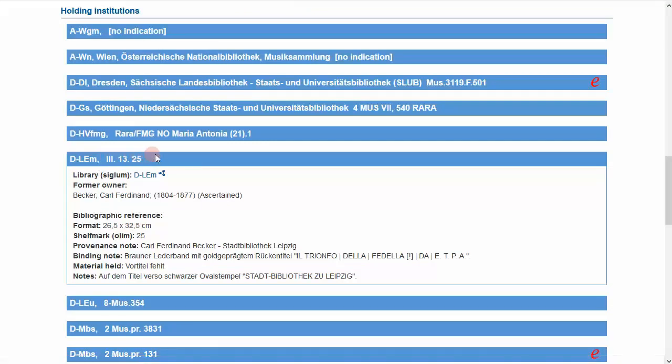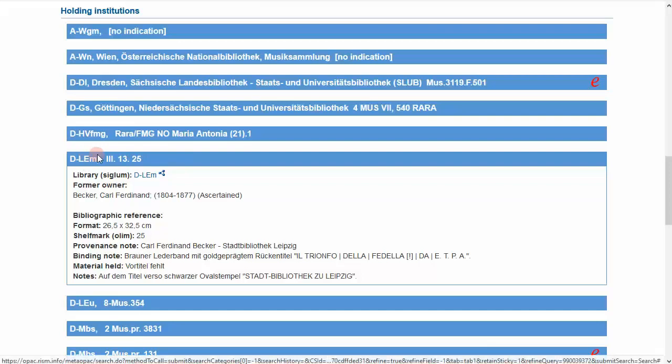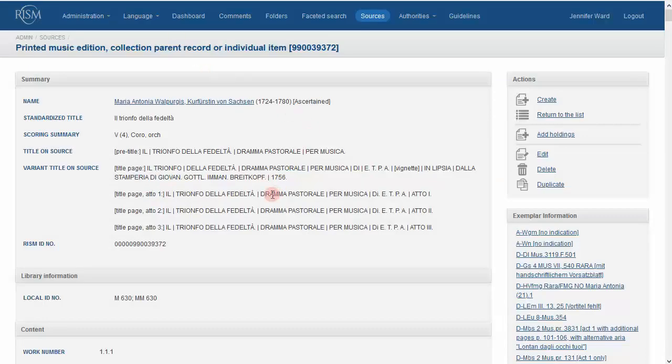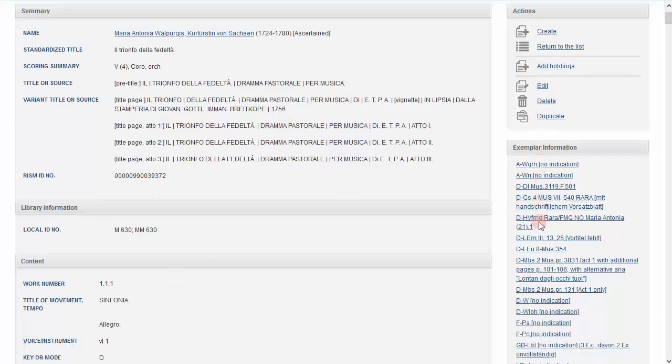This is information that is only true about your library's copy: the holding library, the shelf mark, previous owners, handwritten annotations, stamps, binding notes, missing parts, torn pages, etc. From the cataloging viewpoint, MuseCat is also split into two parts, with the core information here and the holdings information separate.